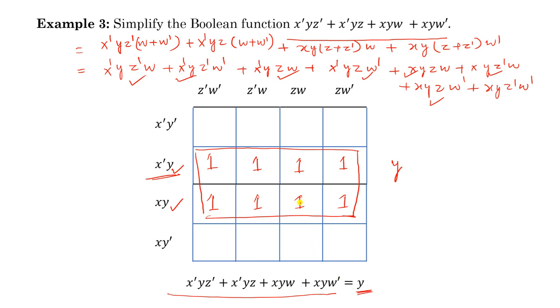So in this way you can simplify a given Boolean function using a K-map. Generally we deal with 2, 3 or 4 variables. We can further design a K-map for 5 variables, but generally for learning purposes we keep our study up to 2, 3 and 4 variables. So I hope that you got the concept of K-map and how we can utilize it for 2 variables, 3 variables and 4 variables.